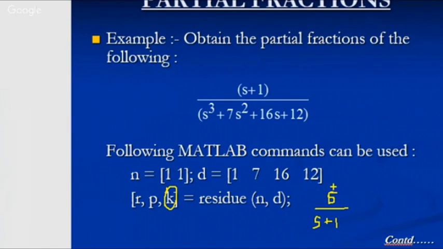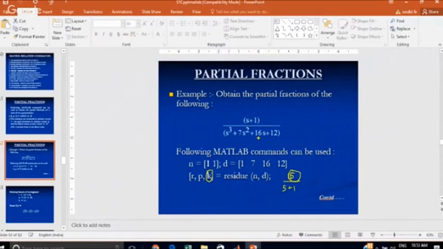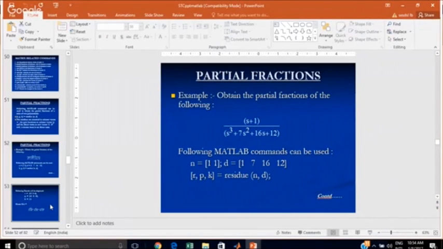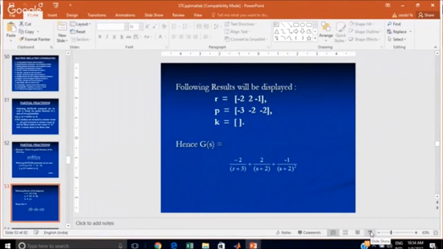Here the residue is the one at the top, that is this r, and the pole is nothing but minus 1. So for this you have to find the partial fraction. When you run that function in MATLAB,